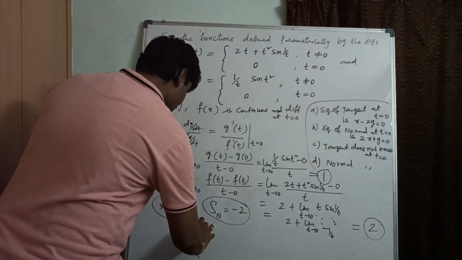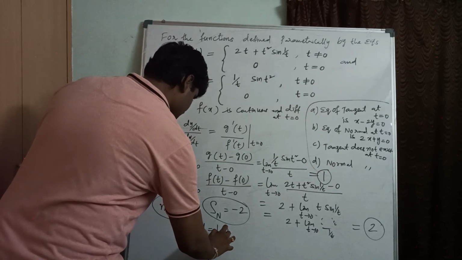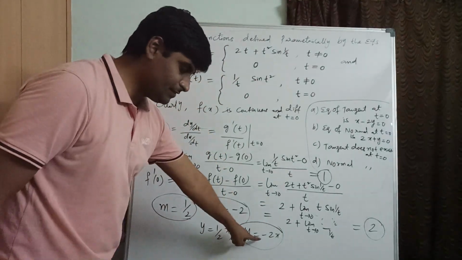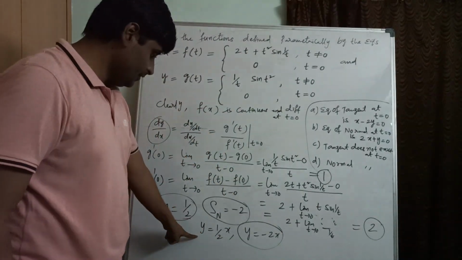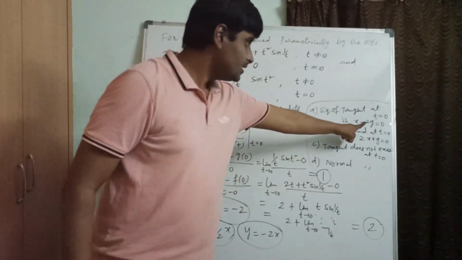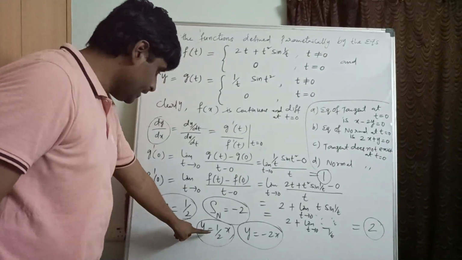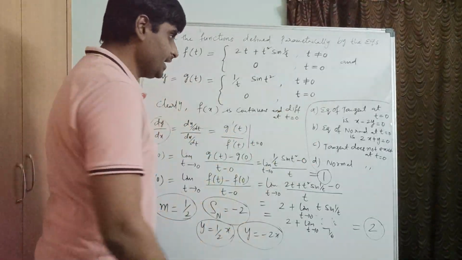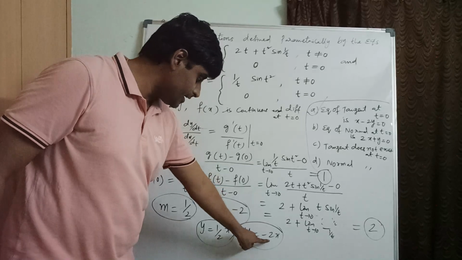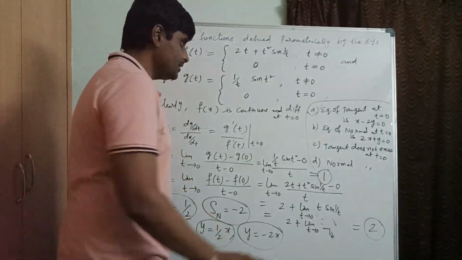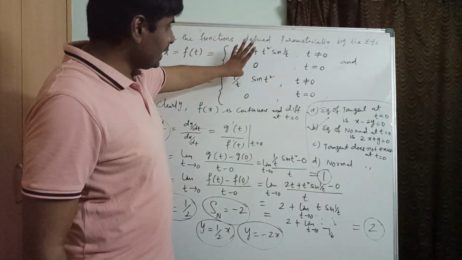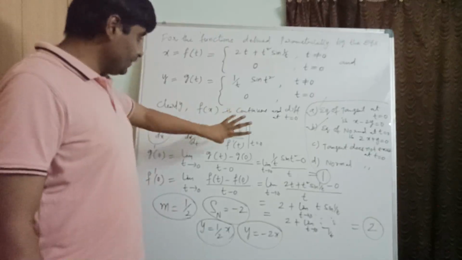So what are the equations of tangent now? It's very easy. So y equals 1 by 2 x, and y equals minus 2x is the equation of normal. Y equal to mx is the equation of tangent. That's it. So 2y equal to x, so x minus 2y equal to 0. Is this the equation of tangent? Correct, option A is correct. Now option B is also correct: y equals minus 2x, 2x plus y equal 0. This is the equation of normal? Yes. So hope you understood, right? It's very simple. So directly we can say that this is continuous and differentiable also.